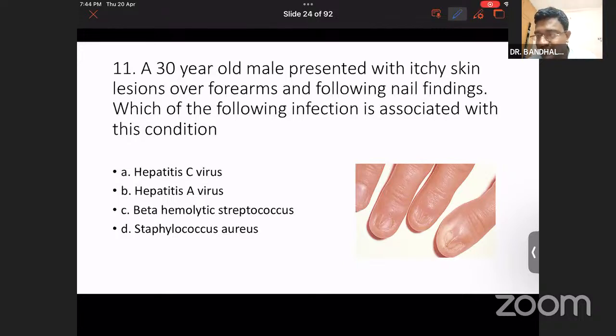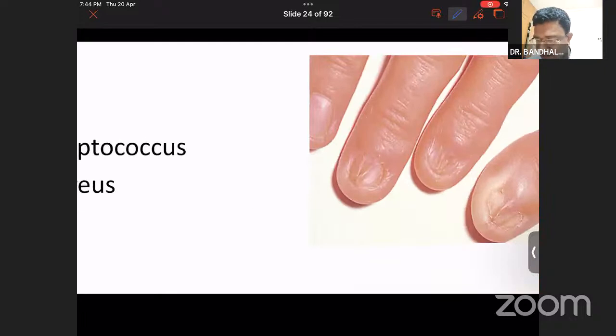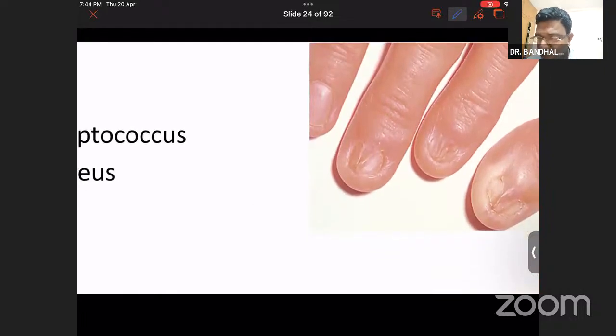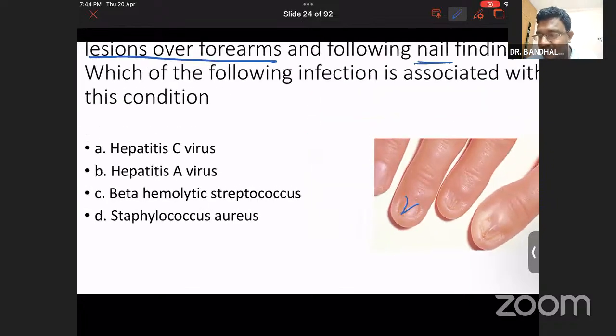So first we will see the lesions: itchy skin lesions over the forearms and nail finding. If you see the nail finding, the nail is crumbled and the proximal nail fold is attached to the nail bed in a wing-shaped manner, which is known as nail pterygium. If you see nail pterygium, which condition do you think? The condition will be lichen planus. If you see lichen planus, the infection you have to remember is